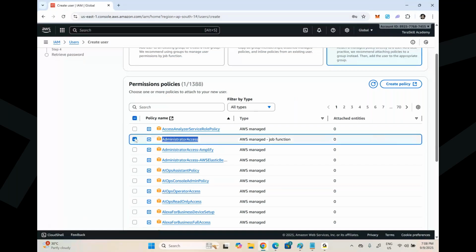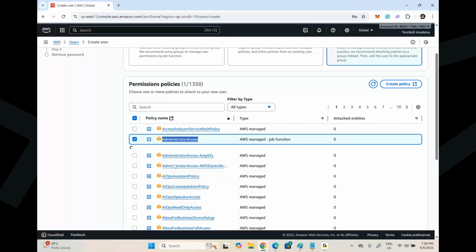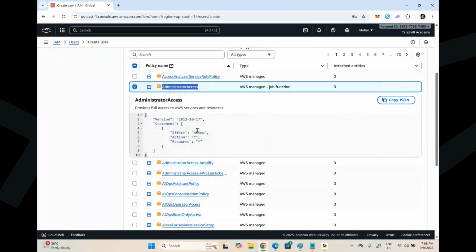But how can we confirm, or how does a policy look? That is the most important one. To view what exactly this policy contains, you can see a small plus icon here, right? Click on that plus so that it expands and you can see the JSON